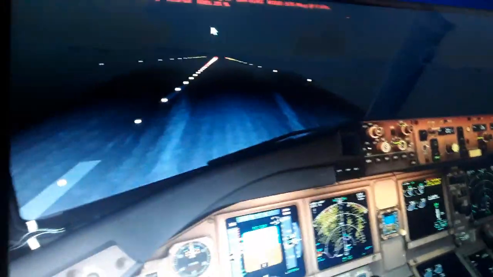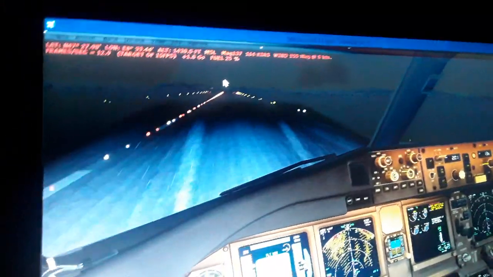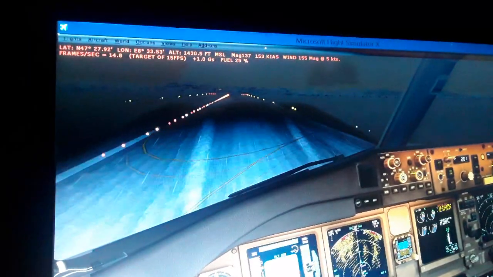So here we are, parking brakes and reverse thrust. We reverse, we slow down. So this is a takeoff ground again for this airplane, but we did the landing part. So that was